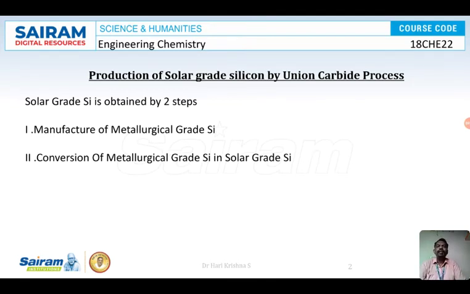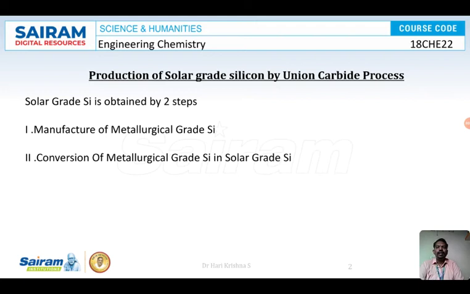Next, we have semiconductor grade silicon. The semiconductor grade silicon is used to manufacture semiconductors. That silicon contains impurities at a very low level, in the ppb level. So metallurgical grade silicon contains impurities at a high level, whereas semiconductor grade silicon contains impurities at a low level. Suppose we want to manufacture a silicon which contains impurities less than metallurgical grade silicon and higher than semiconductor grade silicon. Such type of silicon is called solar grade silicon.